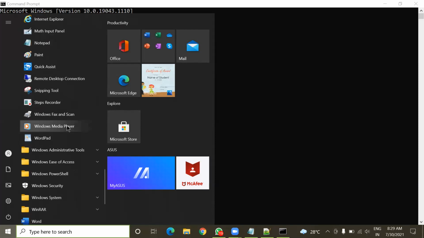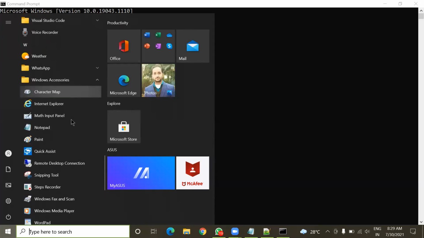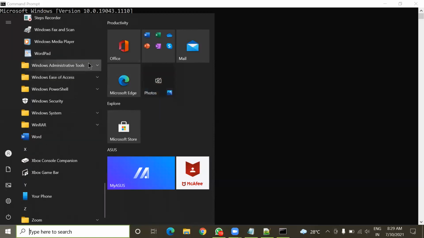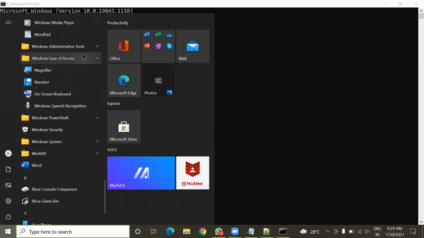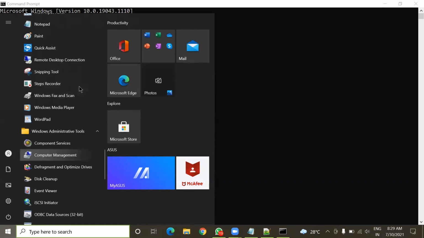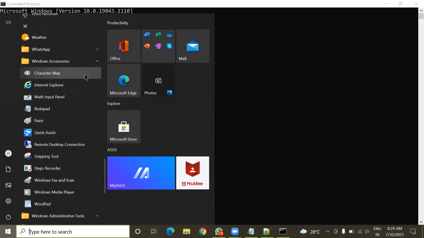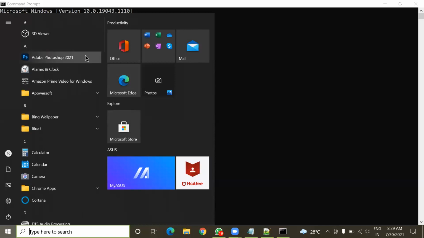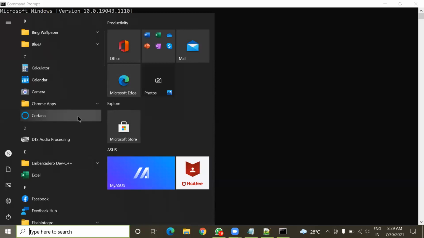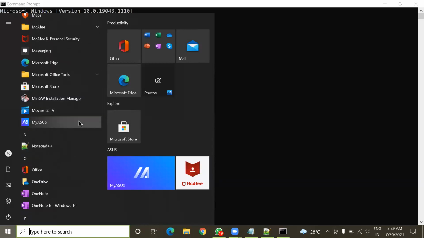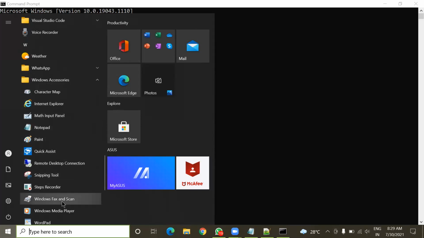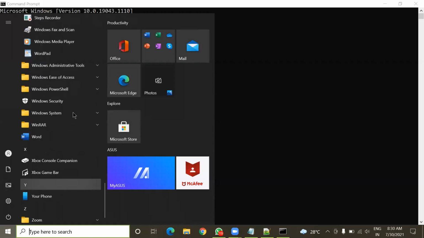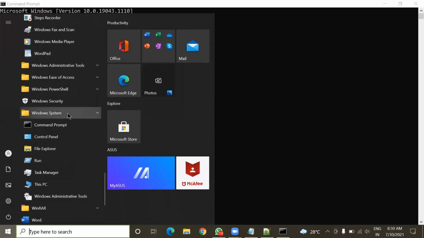In Windows 10, it is available in Windows system, but in the Windows 7 operating system it is available in the Windows accessories folder.